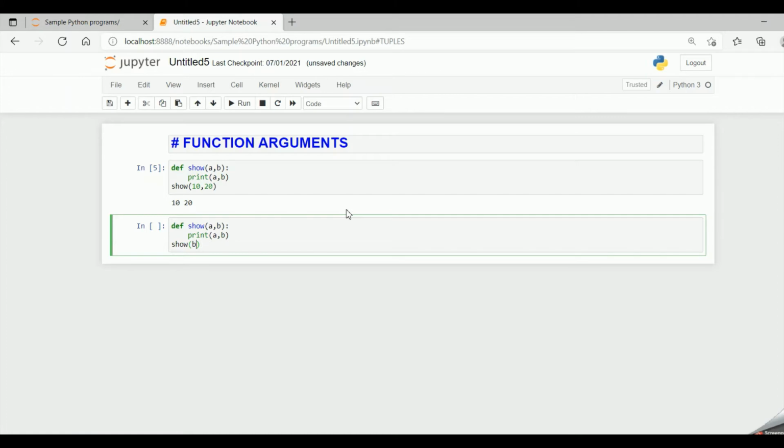So here I say b equal to 20 comma a equal to 10. So here the call is passing two parameters, b and a, and the function definition is receiving two parameters, that is a and b. So the number of arguments in both cases, function call and function definition, are the same. But the order need not matter, because we are assigning them to the keywords.